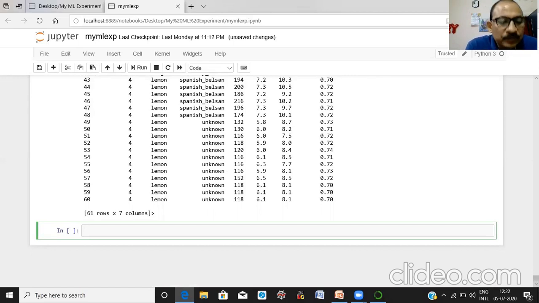For this, fruits group by, this is the name of the method. Here we have to specify the variable, the column name, fruit name, dot size. Let us see, run it.